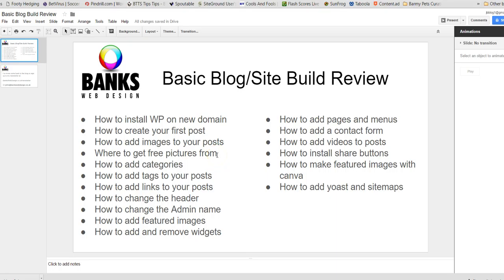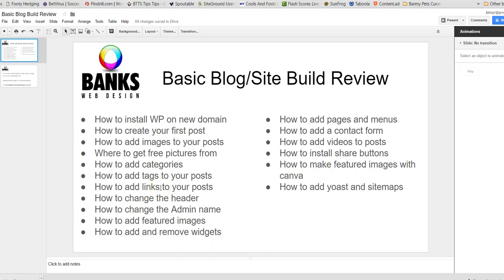Highly recommend you get an account with them, because I know if you're anything like me, at some point or another you will use them. Just for this little exercise, it's been really useful actually. We've talked about adding categories. We've also talked about adding tags, the importance of adding tags. Then we went into a little bit about links,